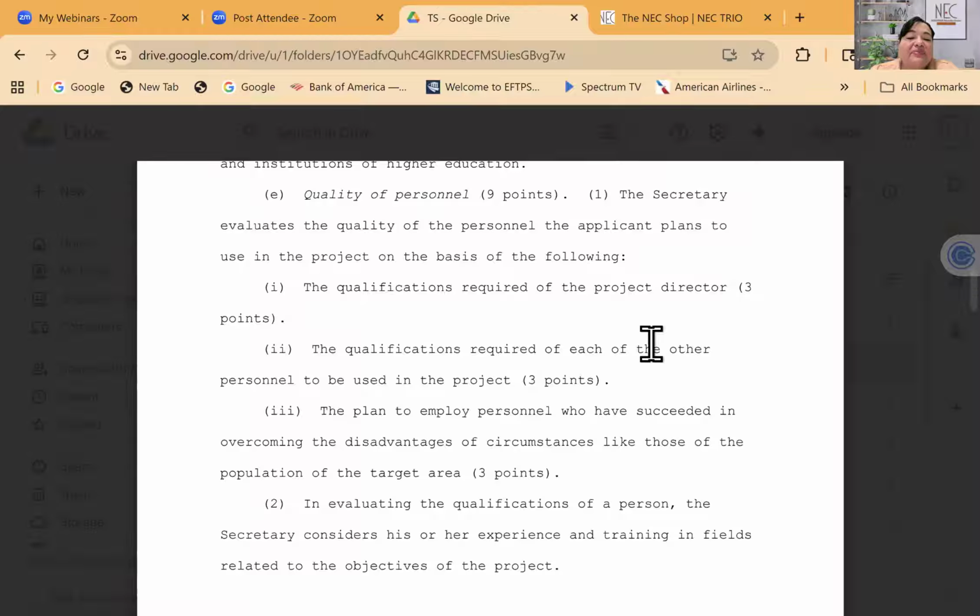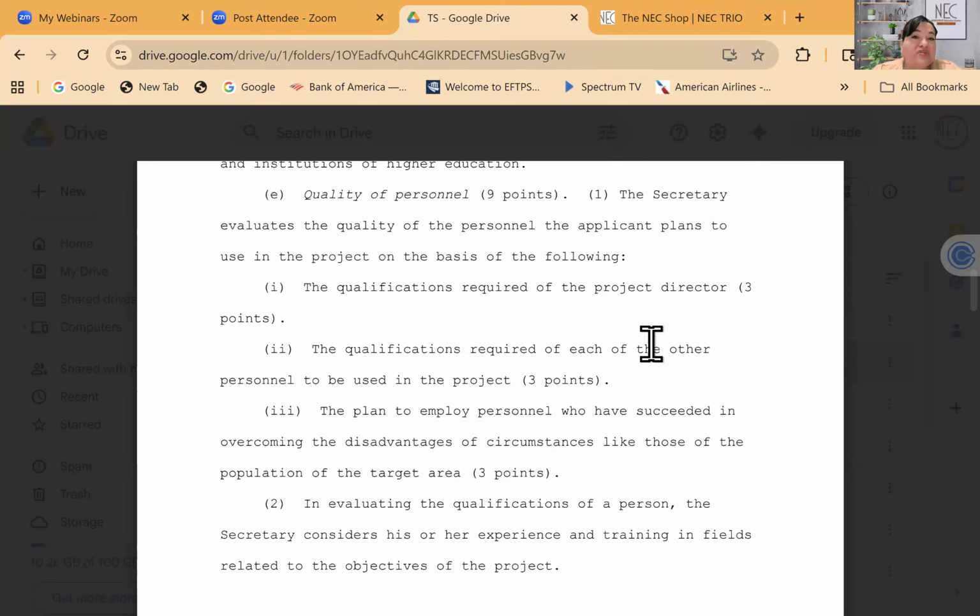So, in this discussion, I have to tell you that although it's not a regulation, someone asked this question specifically last time, they said, will the Department of Ed consider a director that doesn't have a master's degree for talent search? And I said, well, the Department of Ed program officer may consider it if you guys go back and forth and talk about it. But I will tell you that the reader will not, and the reader will be told not to consider that enough for the project director just to have bachelor's degree required, master's degree preferred.